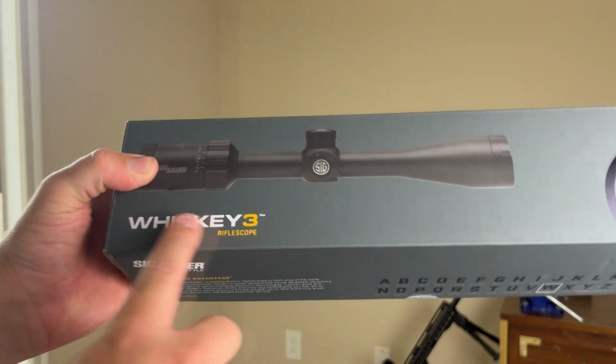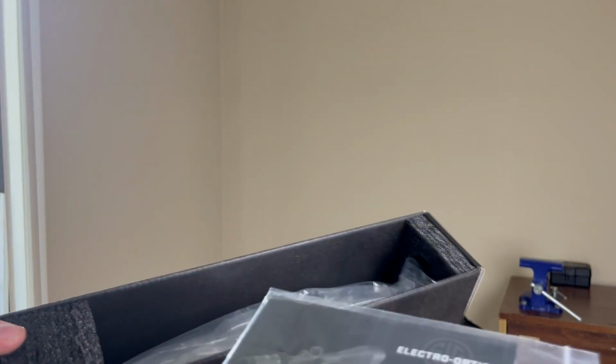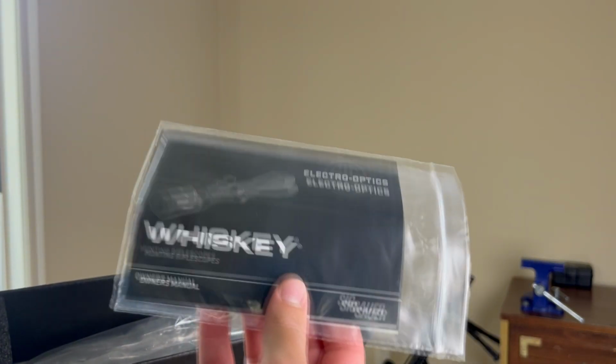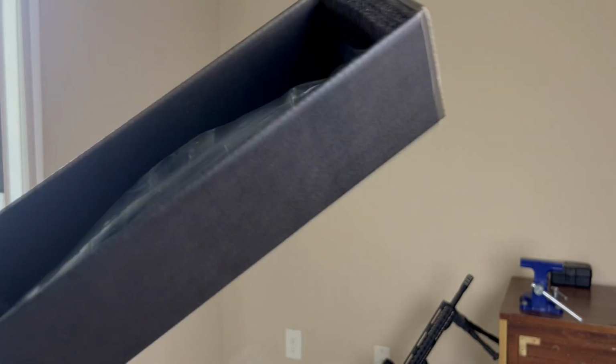So here is the box. You can see Whiskey3, SIG. SIG is a reputable company, so you know you're going to get a pretty good product. Not all their stuff's perfect, of course. Like their P320s were firing when you dropped them. Not good. Whiskey series, they have Whiskey 2, and I don't know if they have a Whiskey 1, but it